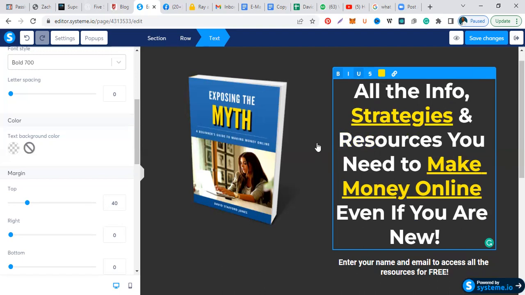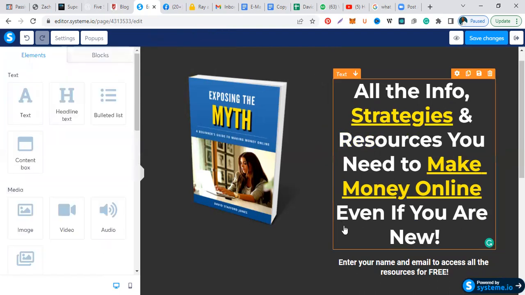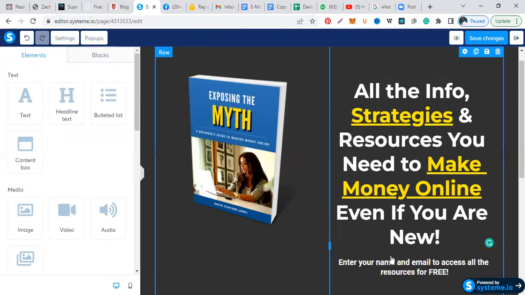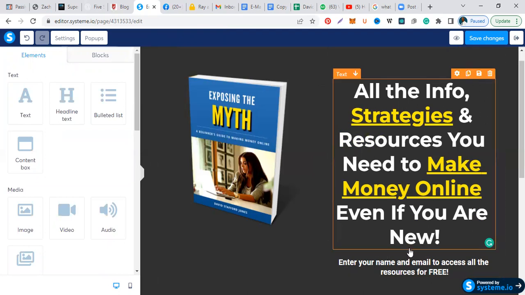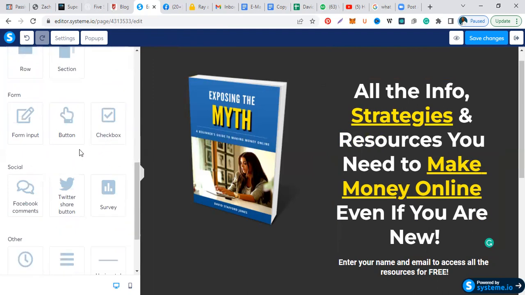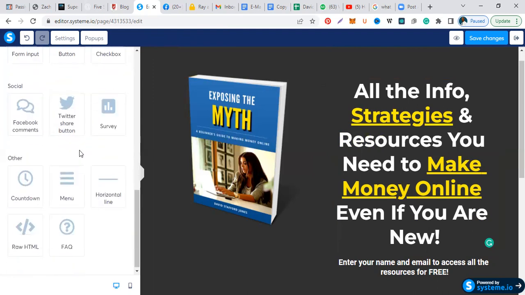Alright? So now enter your name and email address. Now there are other things that you can do here. Like for example, save changes. You don't forget to do that. As you scroll down now to look at the different options, you'll see that there's an option down here which is